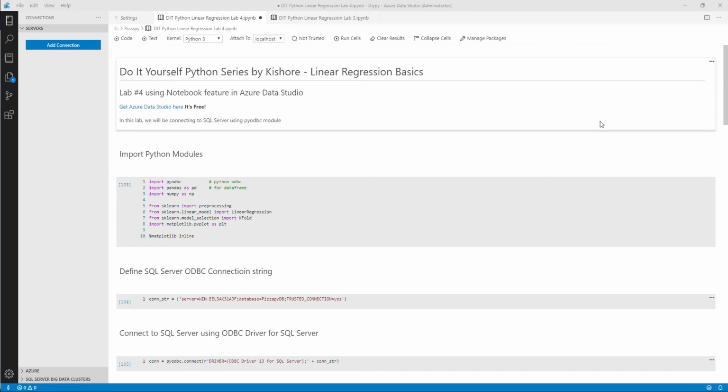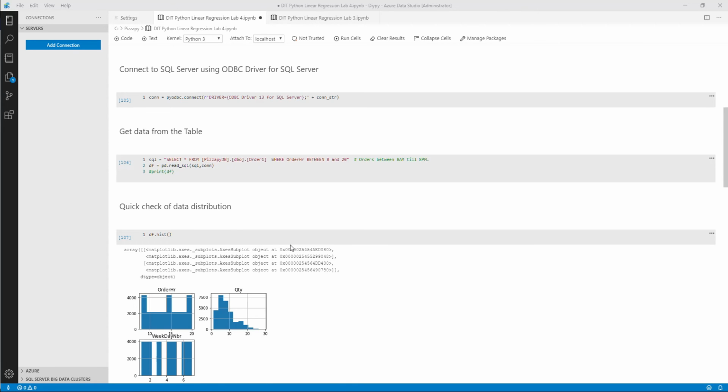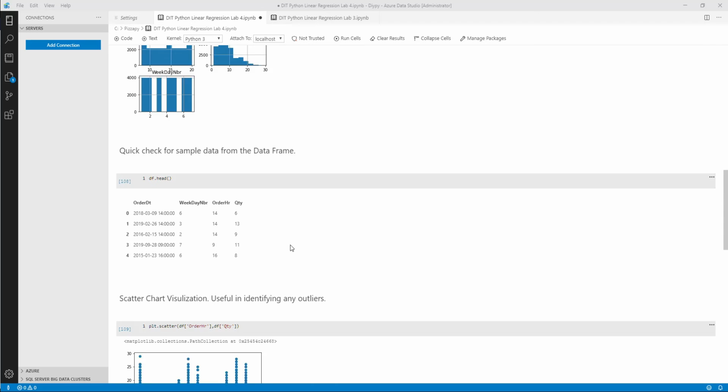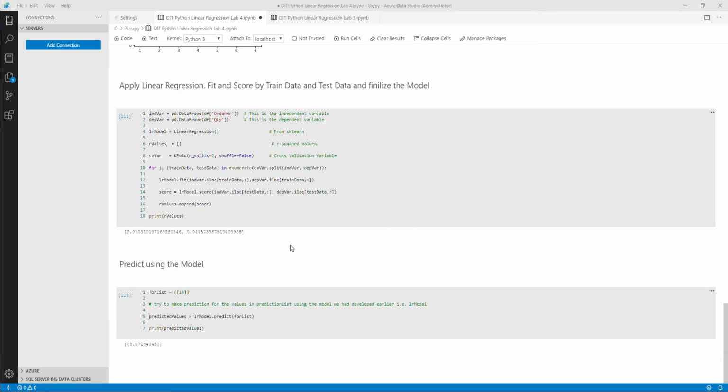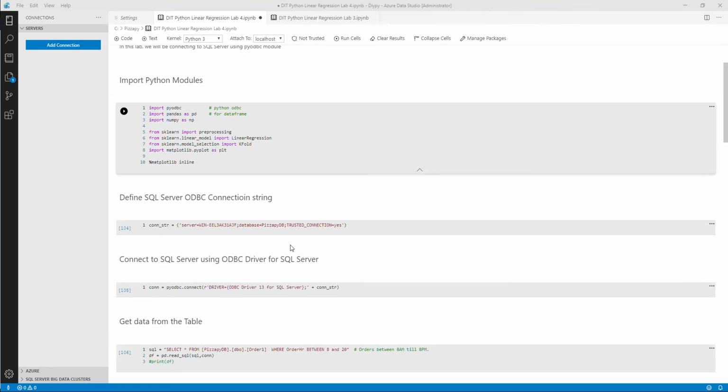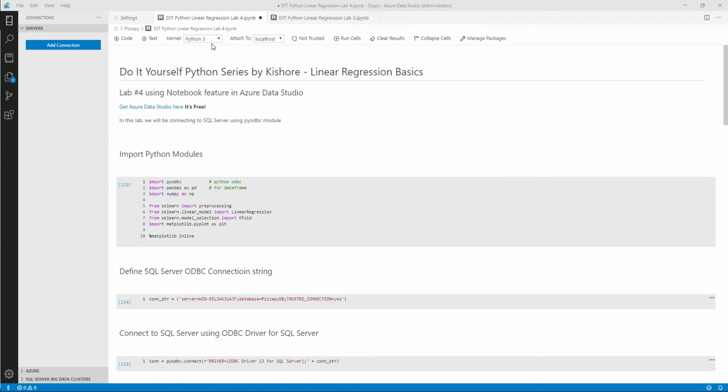So our next exercise is to use a notebook in Azure Data Studio and write Python code, access data from SQL Server, and run some linear regression and slice the data, and verify these R factors, and use the predict method to predict value. So let me explain what exactly I have in this notebook, and I also included a link here in this notebook, and this notebook will be published on GitHub as well. Everything is the same